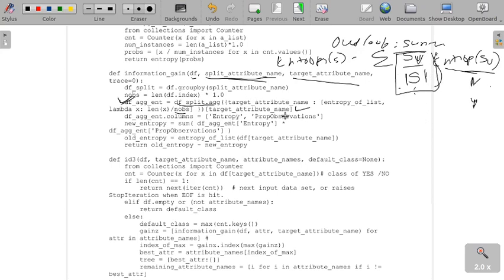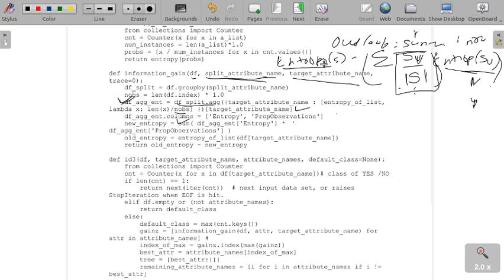That will be stored here, and we give it column names, entropy and observations. So this is the entropy column name we give, and also the observation column name. These two later we need to multiply and sum, right? So that is done in this one. We are multiplying and finding the sum. We are keeping it as new entropy.